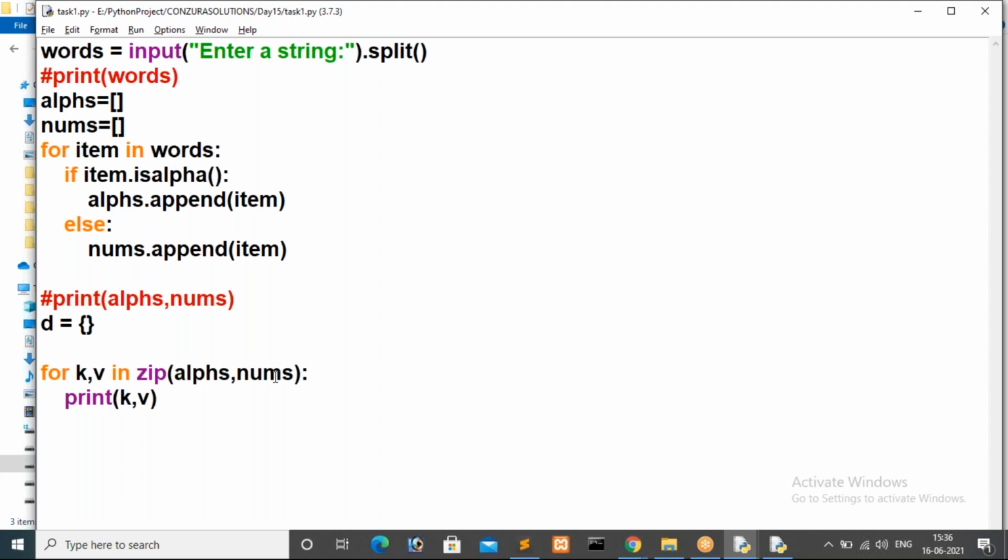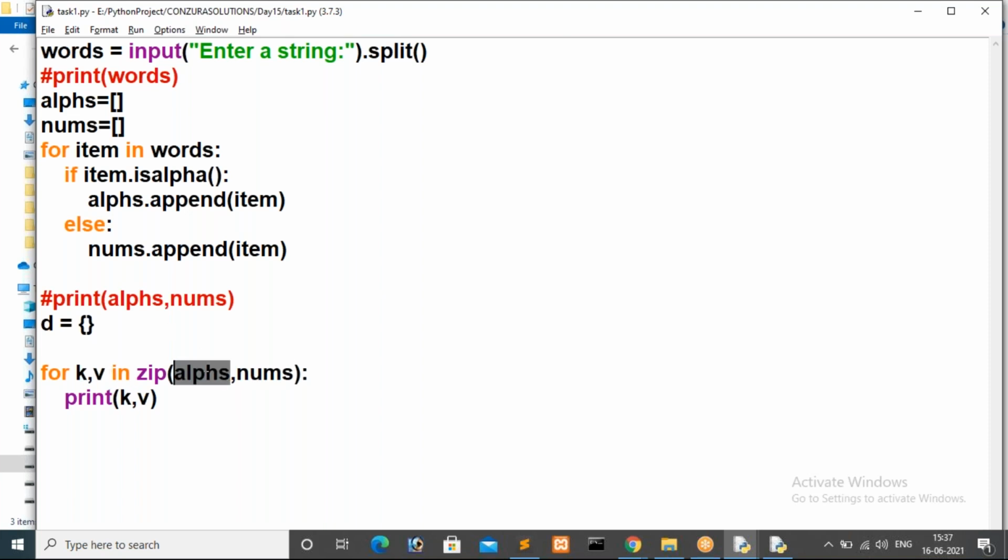Here alphas is one list, nums is the other list. We are dynamically storing values inside alphas and nums.